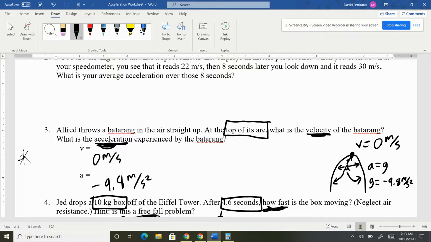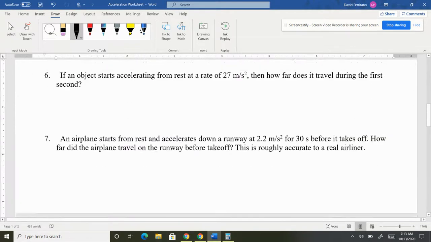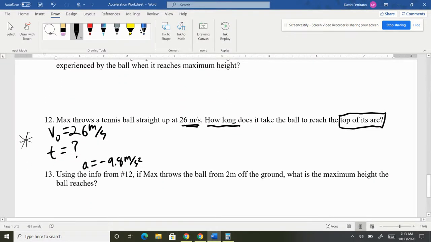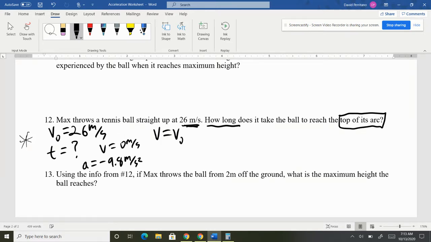This is a very, very useful concept with free fall. So we will note that the velocity at the point we're talking about is 0. Well, now we can use this equation of v equals v0 plus a t. Knowing that the velocity at the top is 0,